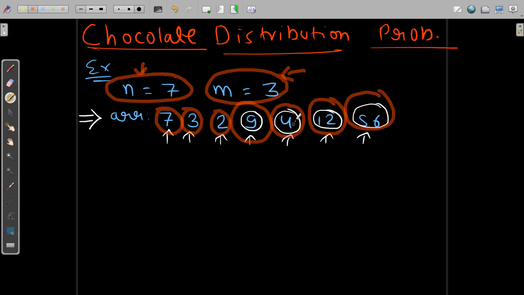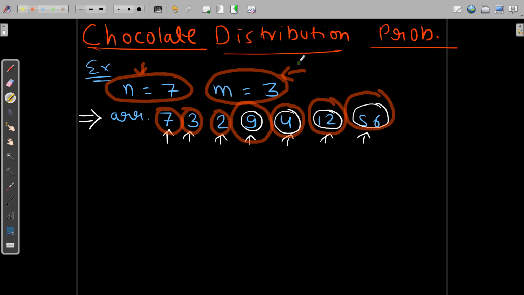And what we need to do is give m chocolate boxes to these m children such that each child gets only one chocolate box, in such a way that the difference between the box with maximum chocolates and the box with minimum chocolates selected for these m children is minimized.